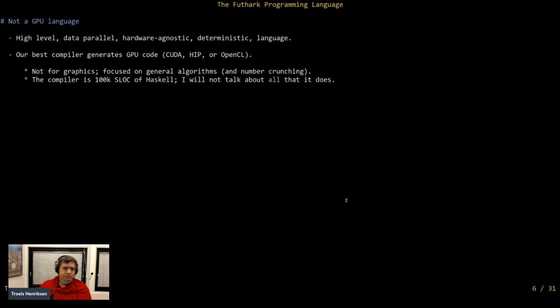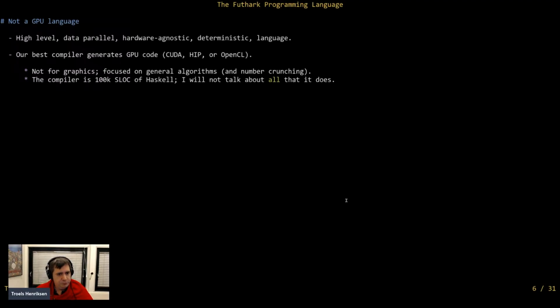It also is not particularly useful for graphics. I mean, you can write graphics programs in it, because nothing prevents you from creating an array and interpreting that array as an array of colors. But it's not for writing graphics shaders. It is focused on throughput, not on latency. And while you can have a Futhark program that runs fast enough to produce real-time graphics, it's not really meant for it. It is a little bit painful and not really what it's meant for.